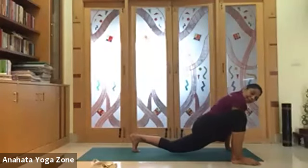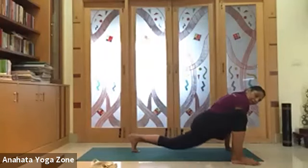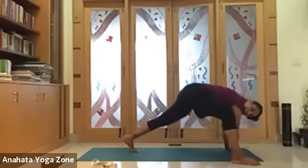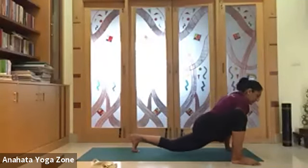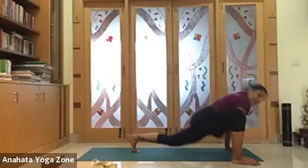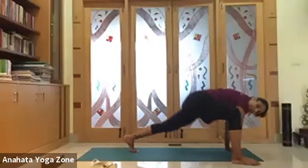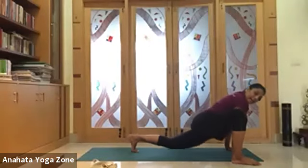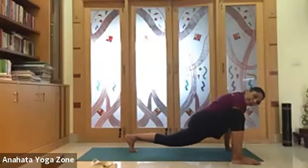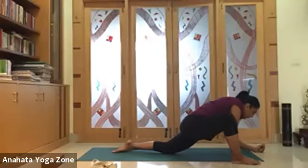And 3, and up, and 4, and up, and 5, and up, and 6, and up, and 7, and up, 8, bring the hip as low as possible before you take it up, and 9, and up, beautiful guys, and 10. Lower your left knee down, you can flatten the foot at the back, bring your left forearm down, bring